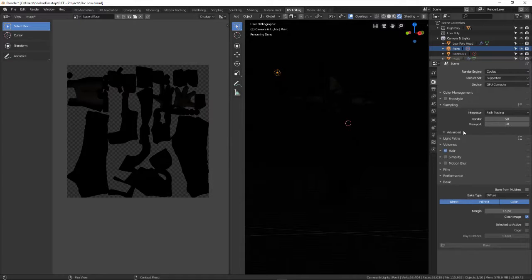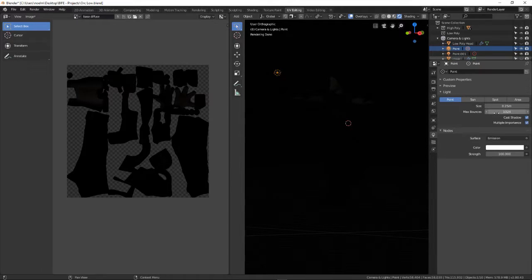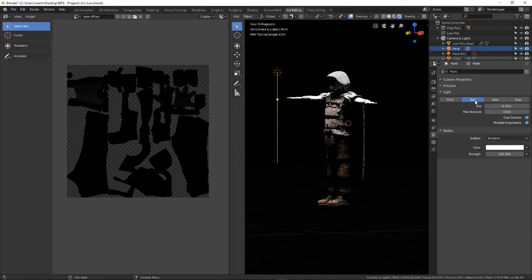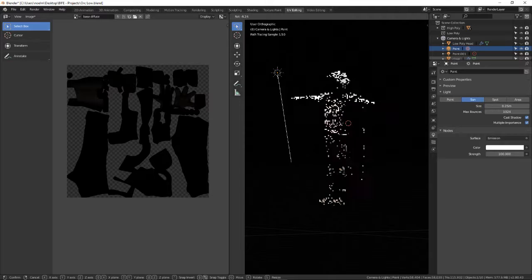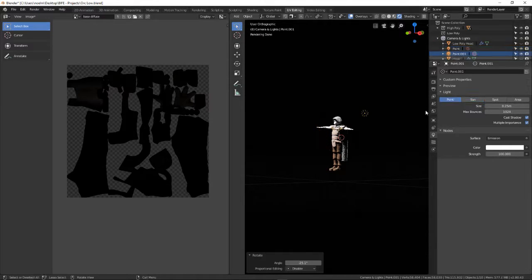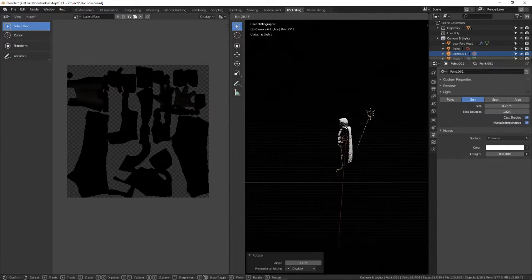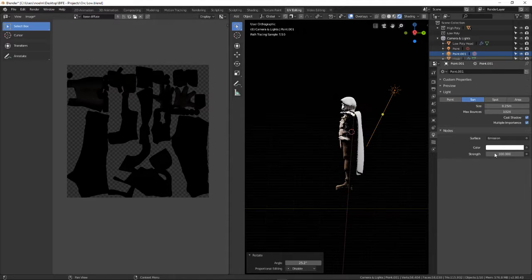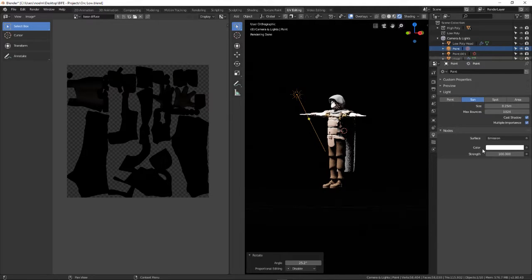character. So let's just take our point light here and go in and have a look at its size, its bounce, and its strength. So if we actually, let's just turn this into a sun here. Okay, and we'll rotate that way, and then this other point light here, we'll turn that into a sun, and we'll rotate that way, and we can maybe bring this down to 1, and the other one. Okay,